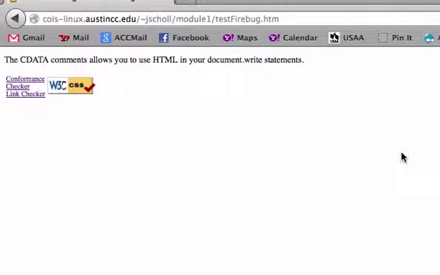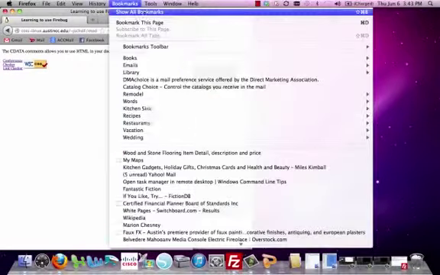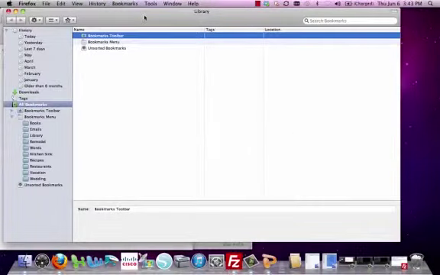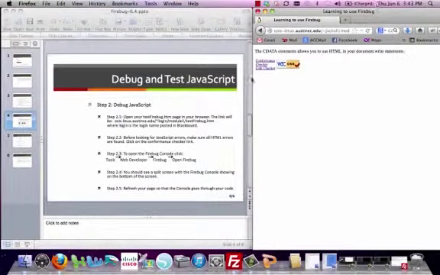Alright, at this point I'm going to minimize my screen again so that I can look at the PowerPoint at the same time to follow the steps. I didn't mean to open bookmarks, I meant to drag this. Alright, so now